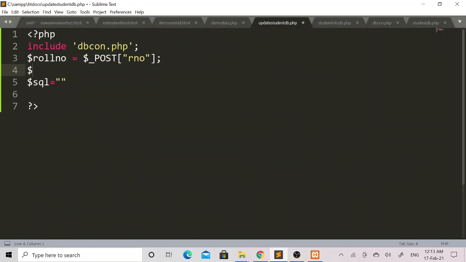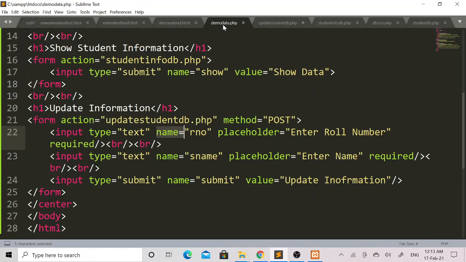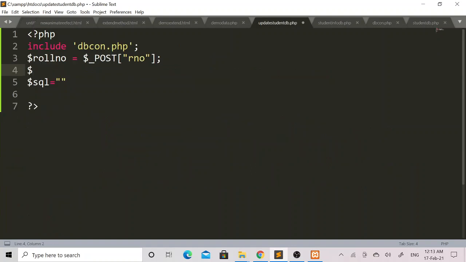Then to fetch the value entered by the user in the name input tag, I will set the sname value that I have assigned to the name attribute. Here first I will declare the variable student name.